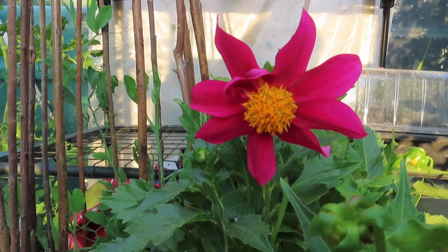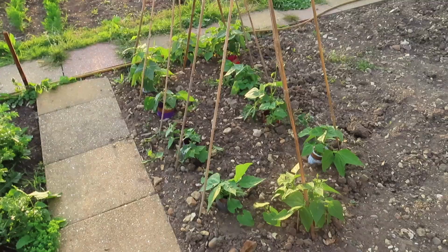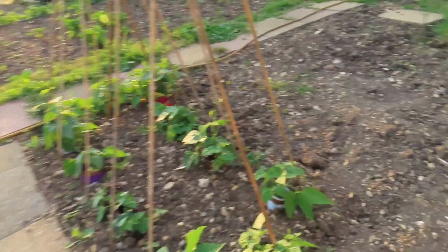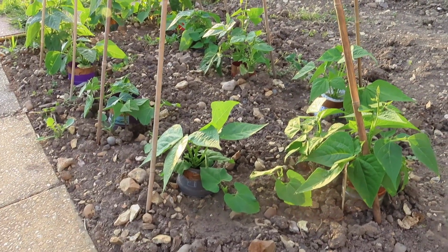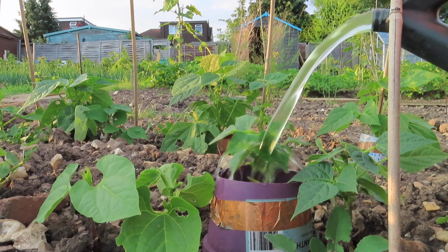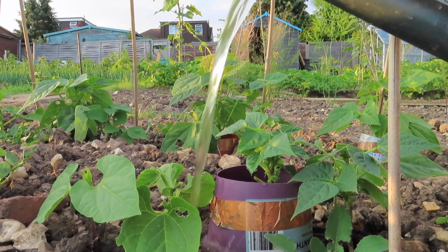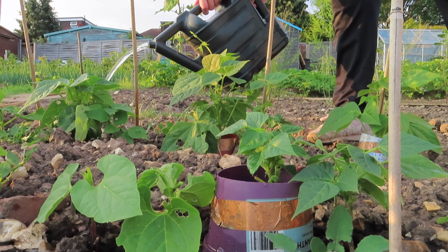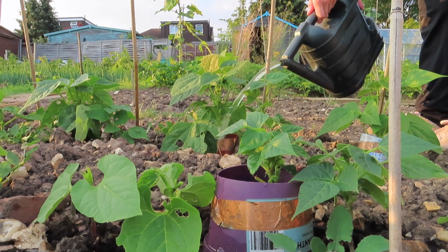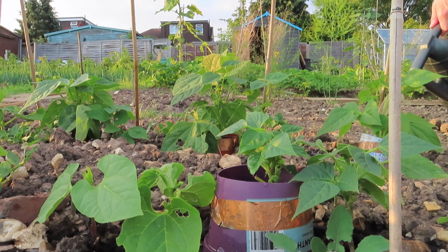My dahlia is still flowering and there are new buds yet to open. The beans have survived and they are slowly growing. I'll give them a quick water now. That's most of my watering done now for this evening. It's still 26 degrees and it's nearly 9 o'clock, but I've managed to get the watering done,